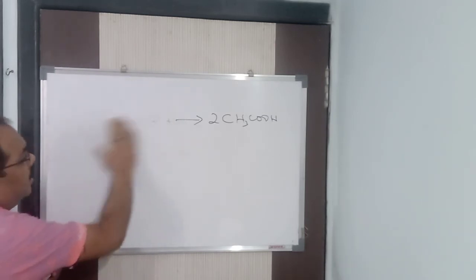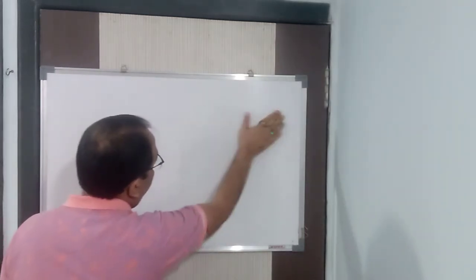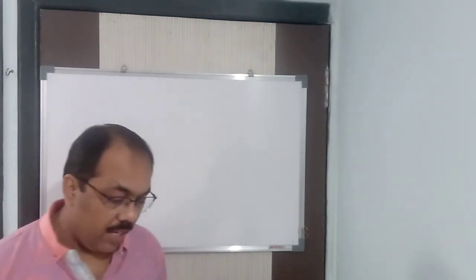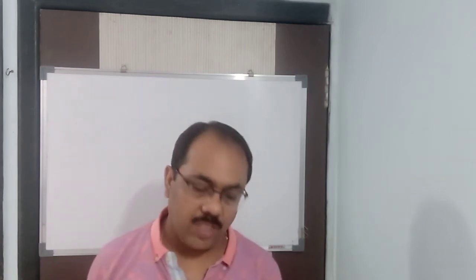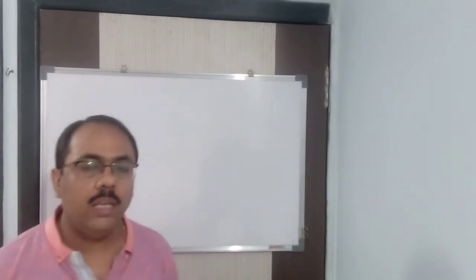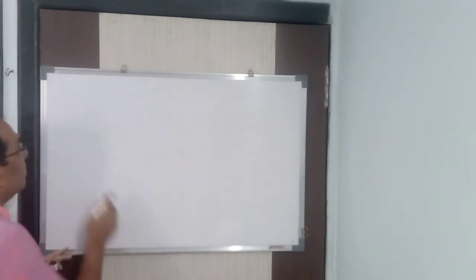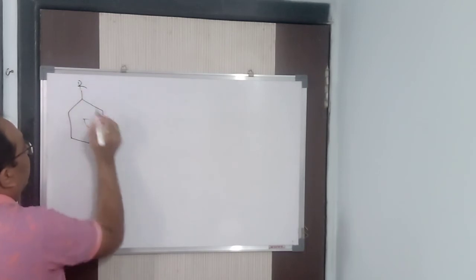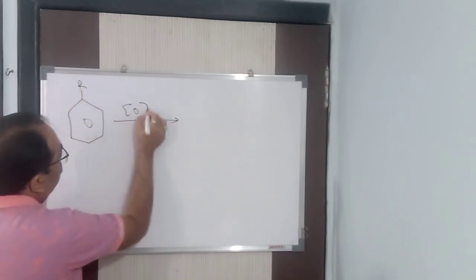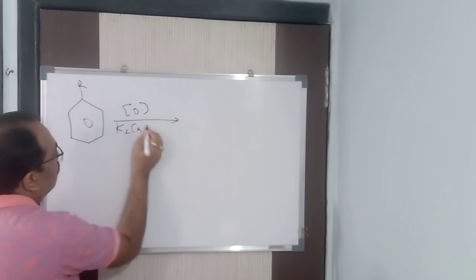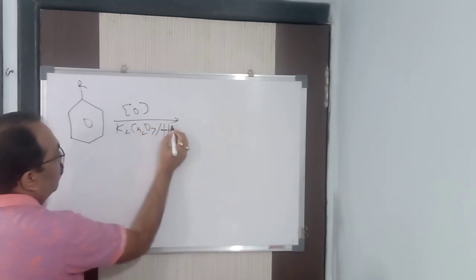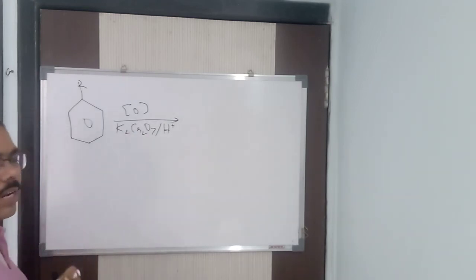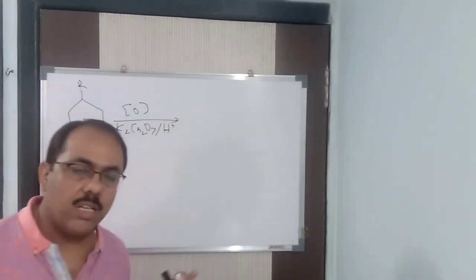As I said, again I repeat, CH3COCl plus HOH in presence of H plus, you will be getting CH3COOH plus HCl. Now we can prepare from alkyl benzene by using any oxidizing agent. Alkyl benzene means here I will be taking any alkyl group on the benzene ring. It will give nascent oxygen. Why? Because I will be using oxidizing agent K2Cr2O7/H plus, or KMnO4/H+, or concentrated nitric acid. Any oxidizing agent you take.